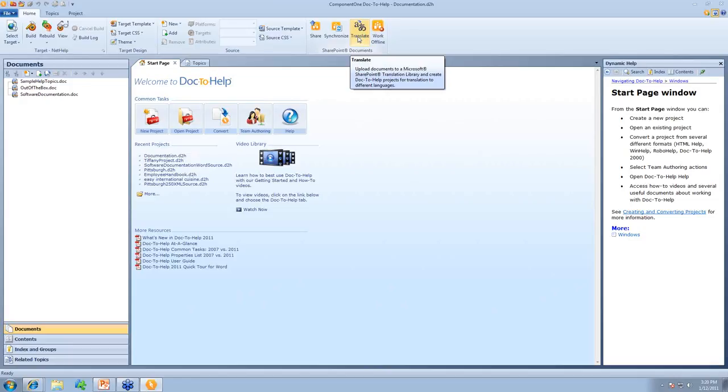Doc2Help will help you create a separate project for each language. So say you were working in English, French, and German, you just click the translate button, point to the translation management library, and then Doc2Help would create an English project for you, a French project for you, and a German project for you,